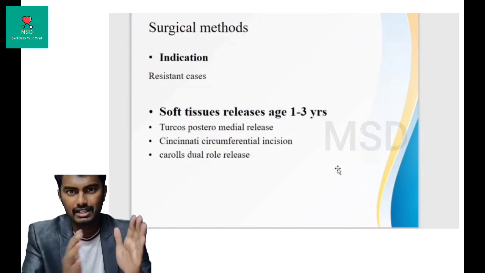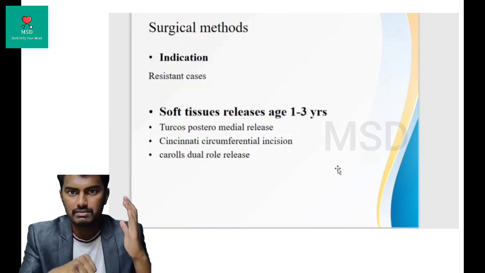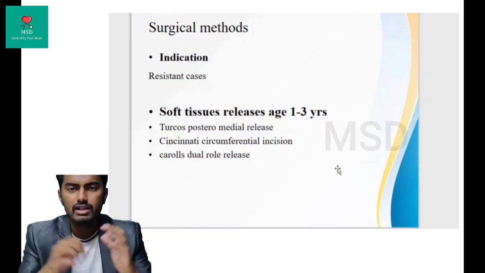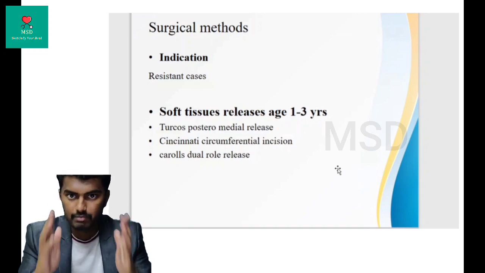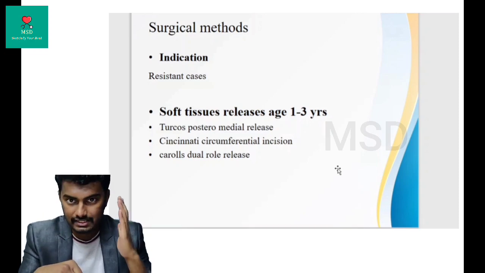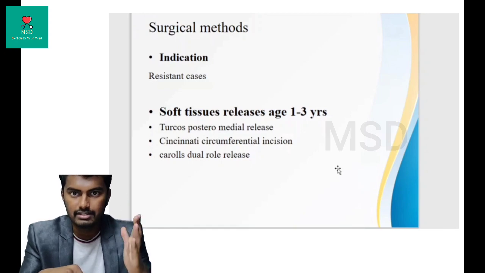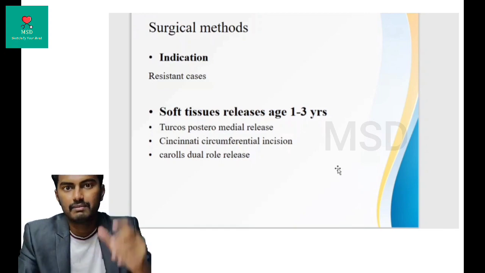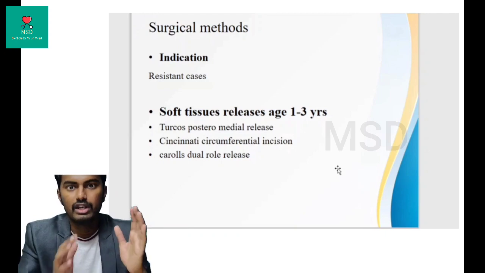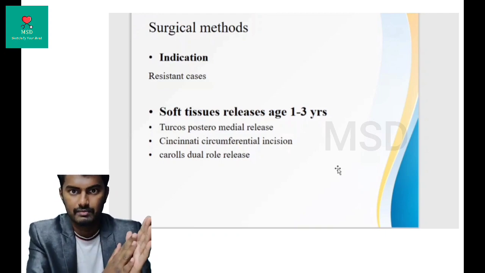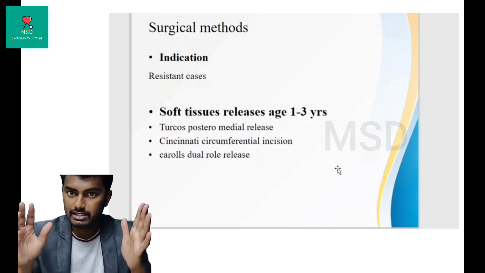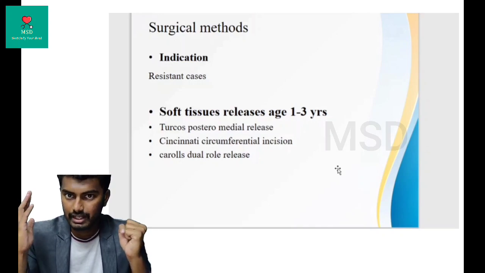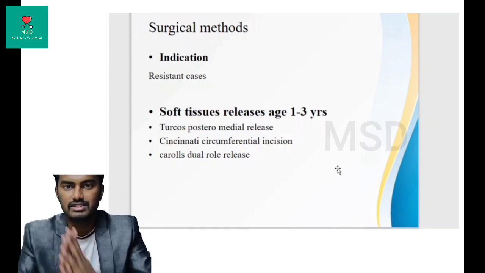So completing the conservative method of treatment, now comes the surgical method. Any baby presented to you with club foot, you just start with the conservative method. Only when the conservative method has failed, for resistant cases, you go for surgery. When the baby's age is less than 3, only soft tissue procedures have to be done. When the baby's age is more than 4 to 5, in addition to the soft tissue, bony changes might have already occurred, so we should do bony surgeries.